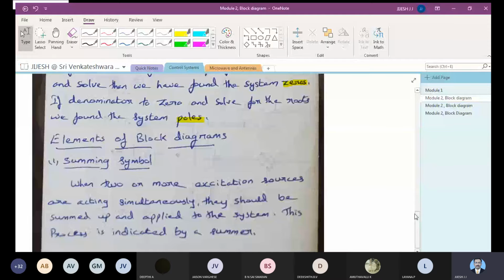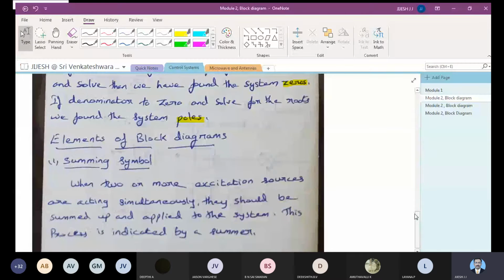So it's all decided by the summing block, and you have to be careful while moving the summing block. We'll be having a lot of procedures here, moving the summing block from one end to another. All this is logical analysis. Nobody can help you out rather than you practicing yourself.